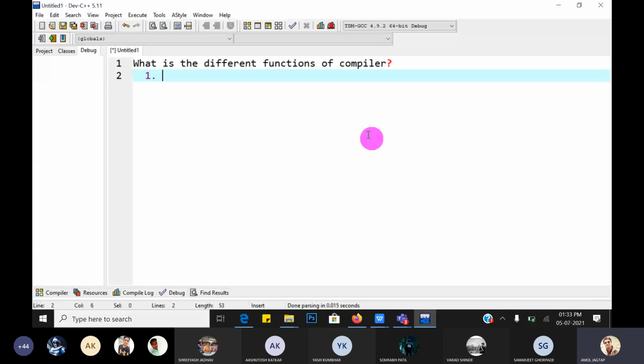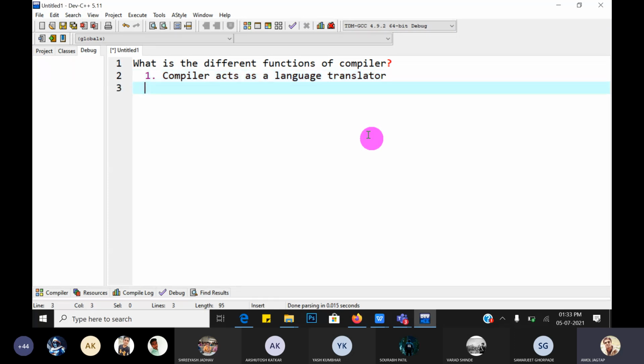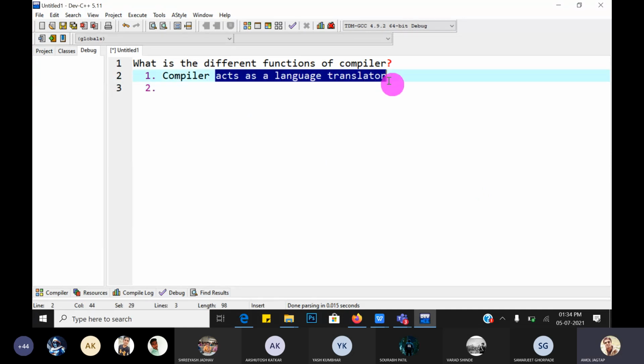First, the compiler acts as a language translator which translates your C source code into binary one.